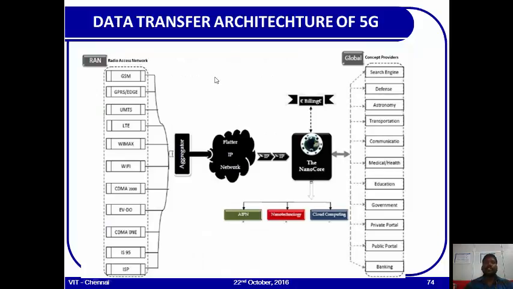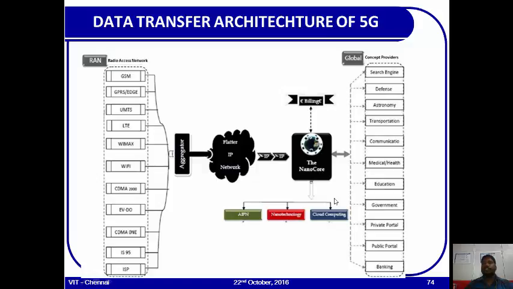The data transfer architecture with respect to radio access network: GSM, GPRS, Edge, UMTS, LTE, WiMAX, Wi-Fi, CDMA 2000, evolved data optimized core, CDMA 1, IS95, ISP. These are all the various radio access networks. We have aggregator, we have a global IP platform, IP and IP. The nano core uses